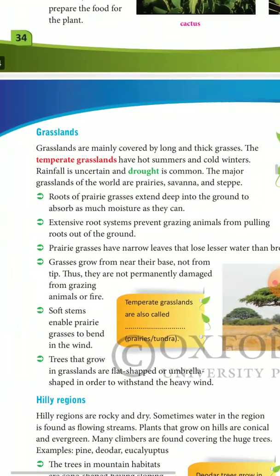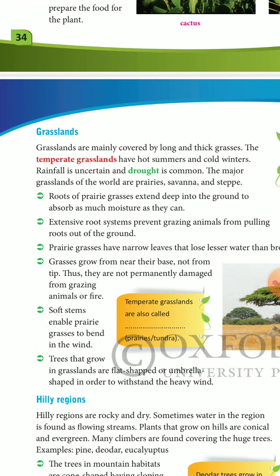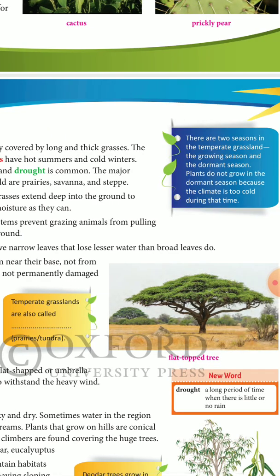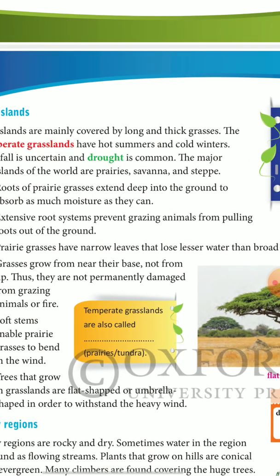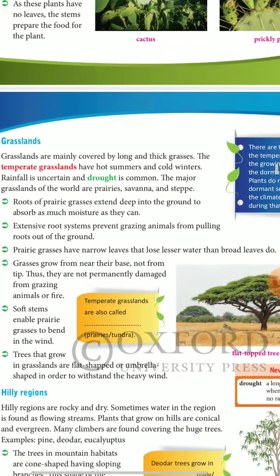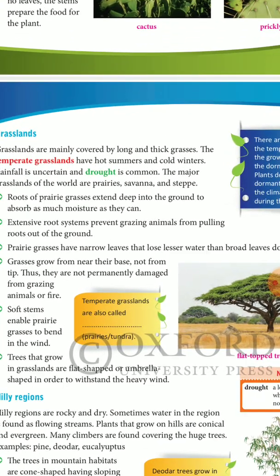Now coming to the next, grasses grow from near their base. Now it will not take a lot of branches, it will grow just near the base. All the leaves will grow very close to each other. Thus, they are not permanently damaged by grazing animals or fire. Now, these areas, if they become very dry, can easily catch fire. You might have seen the forest fire of Australia. Here, due to the friction of the dry leaves, sometimes a forest fire may occur. So here the roots are